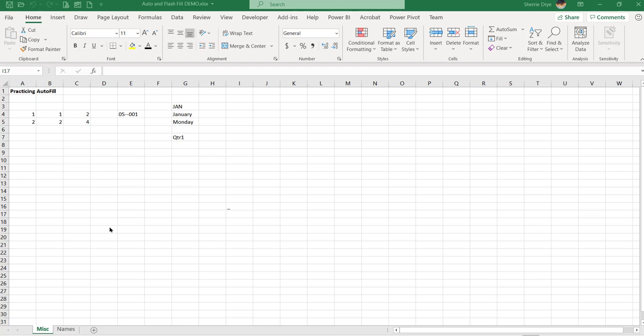I wanted to show you two really cool features of Excel using the autofill fill series option and the flash fill option. So let's say, for example, in this first column, you have a column where you want to put numbers for each employee. So let's say in column B, you have the employee names. And in column A, you just want to put a number for each employee, 1, 2, 3, 4, and so